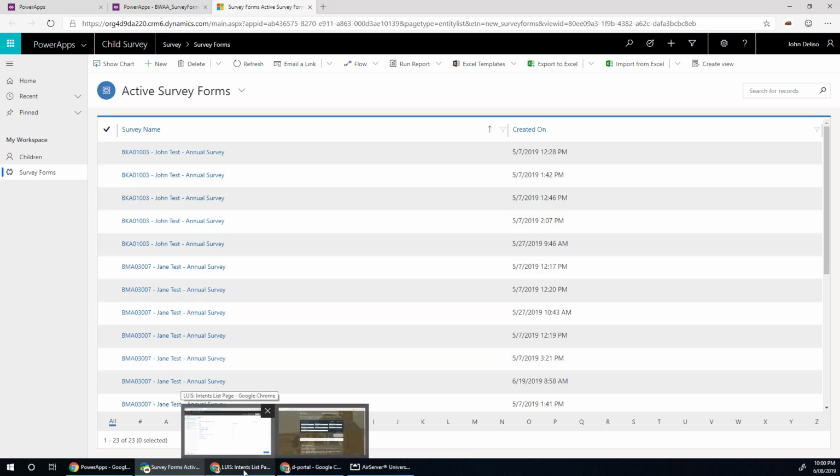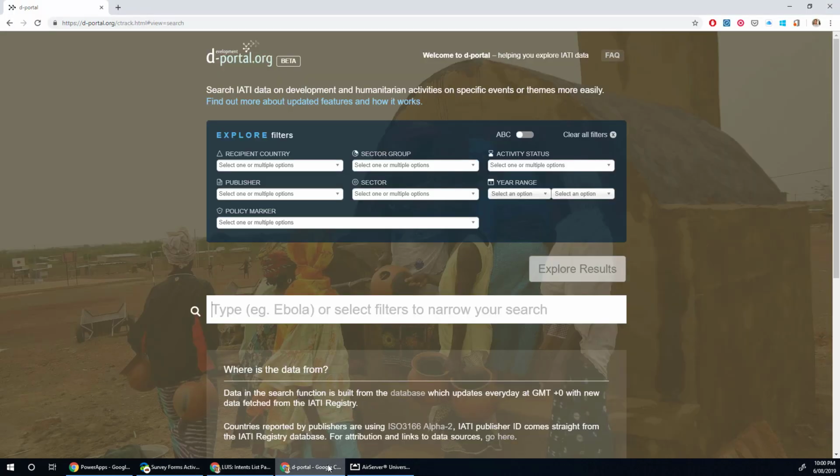My final piece, which I want to show you as you explore the nonprofit accelerator deeper, is the D portal. The D portal is one of the portals that lets you search on IATI data, that's the International Aid Transparency Initiative data. A lot of nonprofits are now publishing to it, as it has become an international standard. The UK and the EU governments are kind of mandating that they'll only work on certain programs with nonprofits that are providing their data by publishing it on IATI.